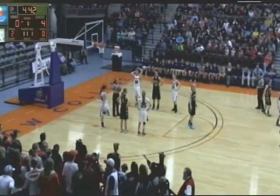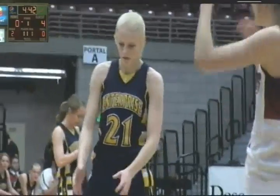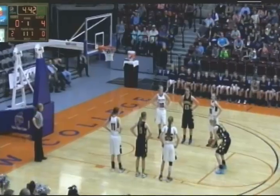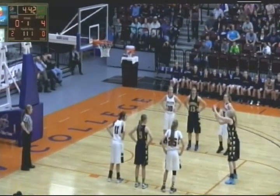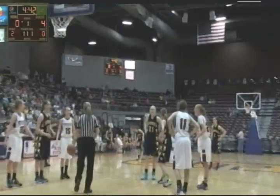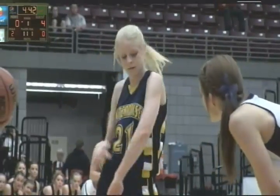Actually switched that, Morgan Johnson, her first personal. And Riley Lyman's there, she's their main player, just a junior, 6-foot junior, does an excellent job down on the post. And right there we can see she catches it up at the top wing and just 2 steps down to the baseline. I mean, she covers some ground in a hurry. She is going to miss the first free throw. Bounces off short front rim